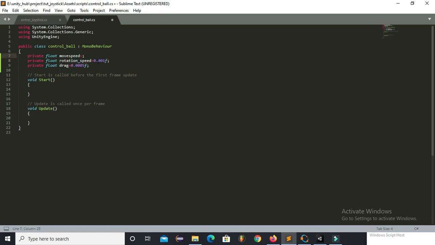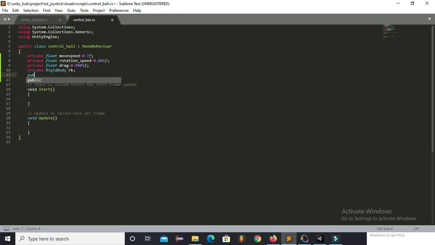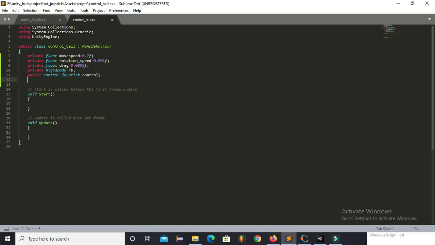So next is rigid body. This will store the rigid body component of the sphere. Here I am using the script for controlling the joystick, which we have seen earlier.